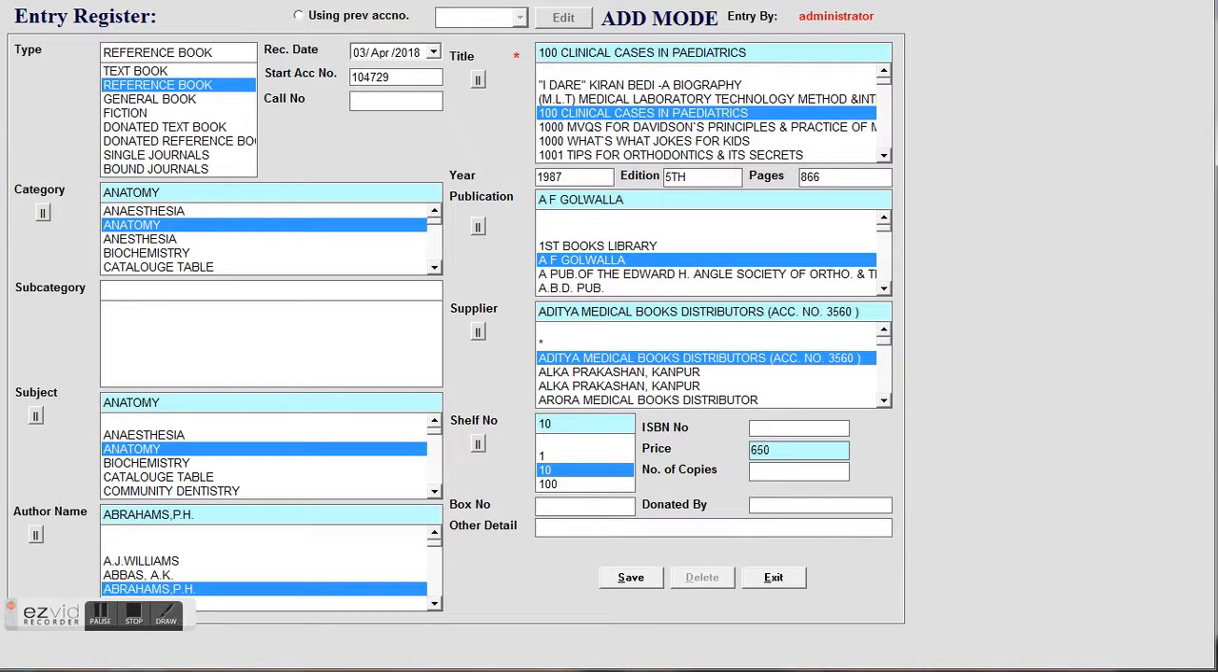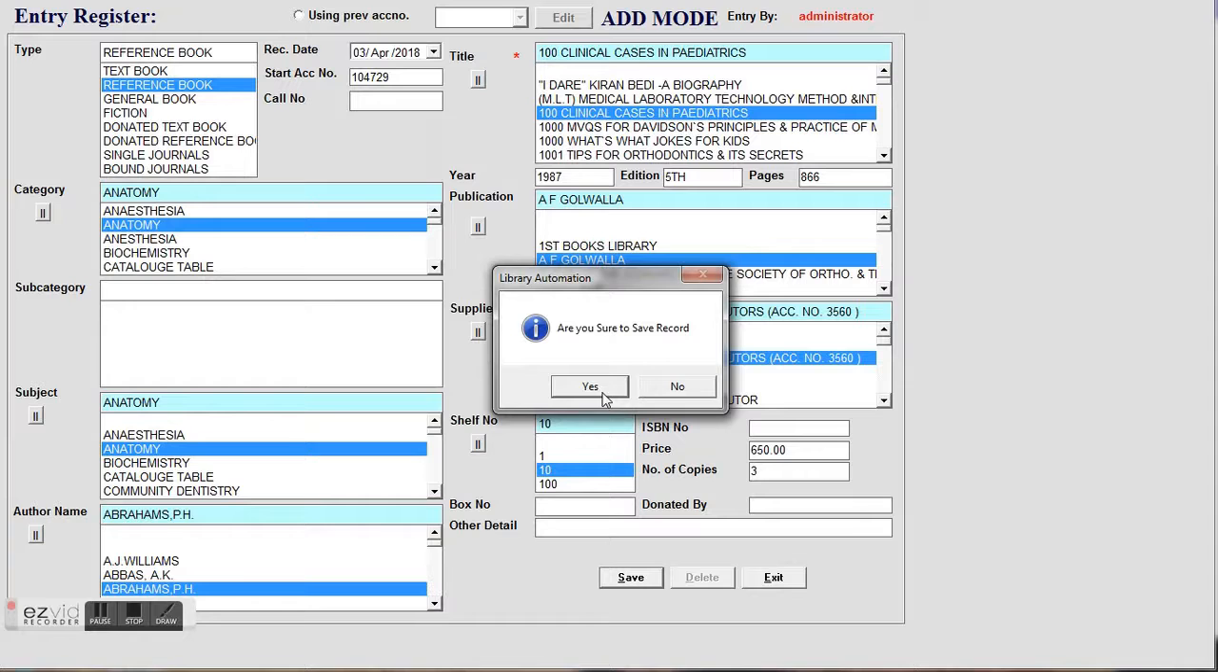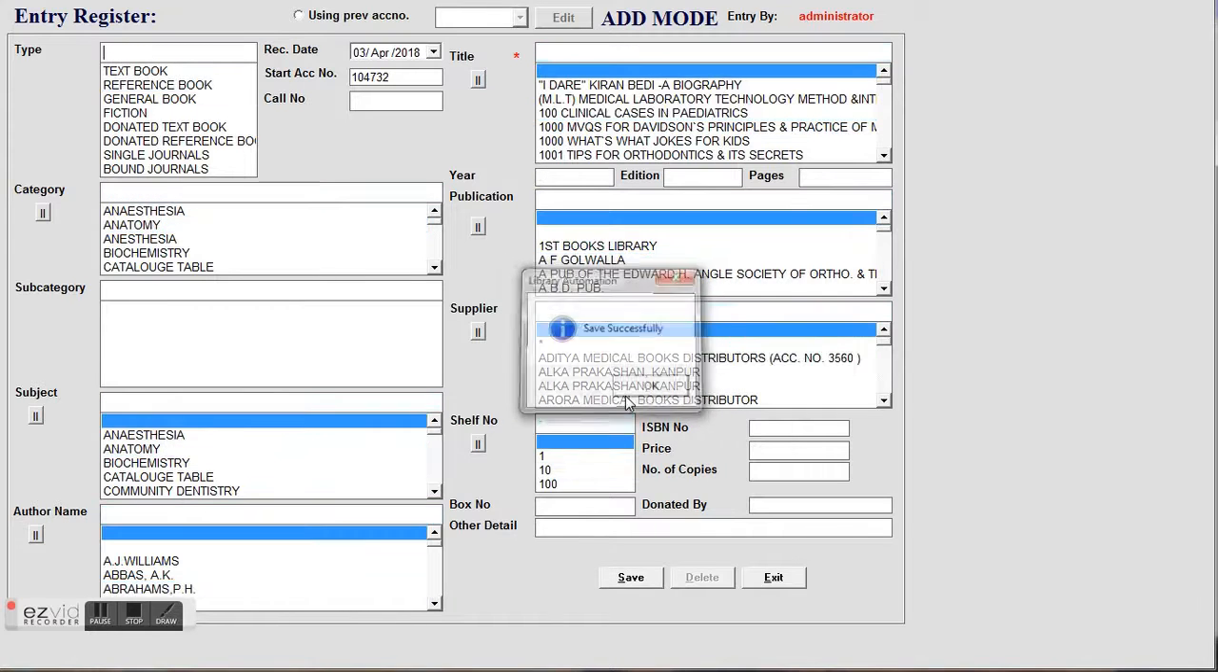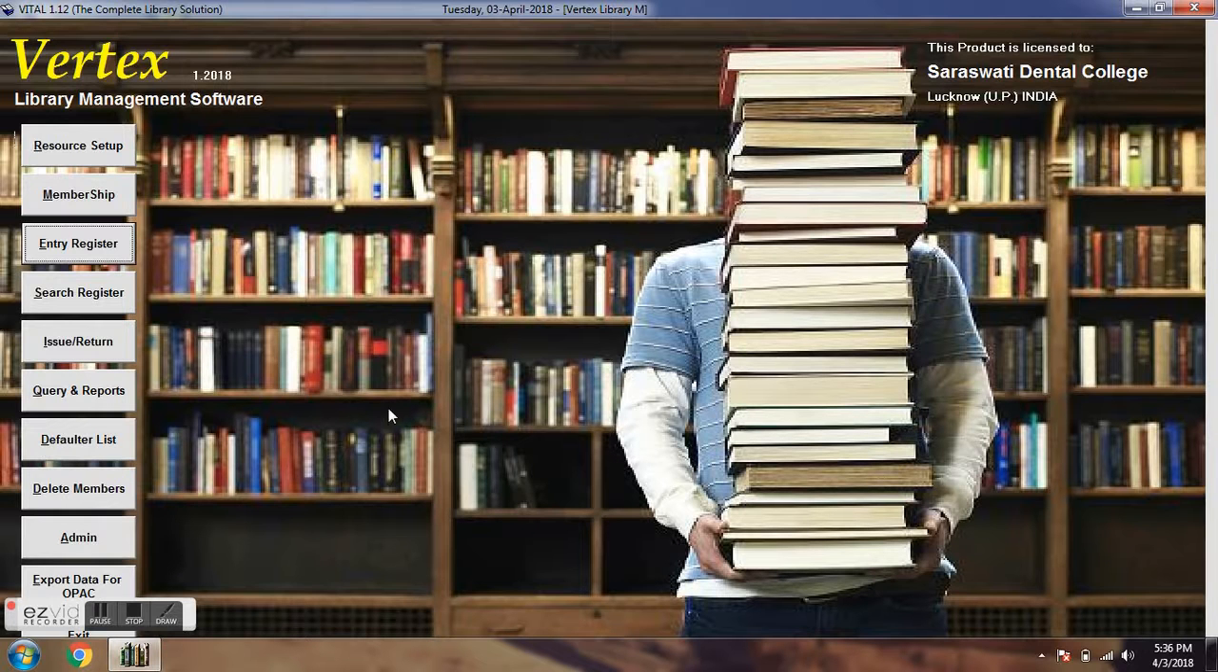Here you can enter the number of copies you will have, the price of the book, the identification number of the book. Then when you click on save, the book has now been added to your list. You can exit it from here. Then we have